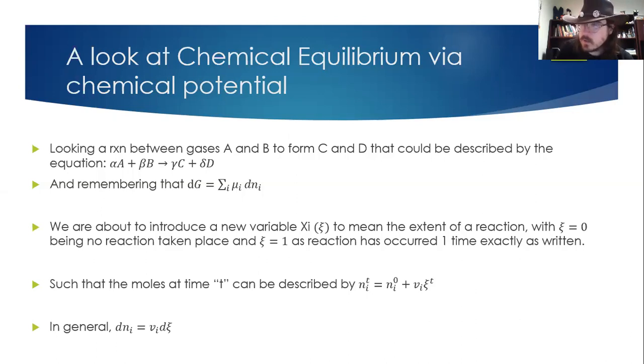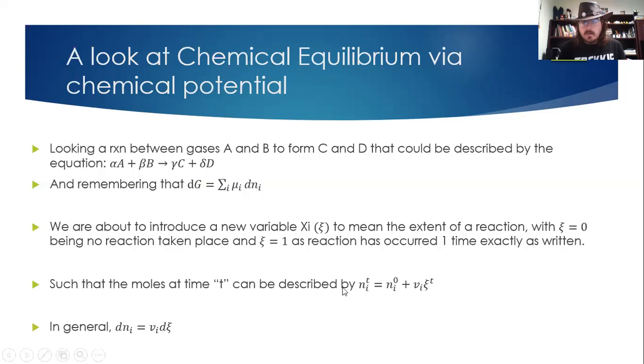If the reaction is 1 mole of this goes to 1 mole of that, then when 1 mole has been consumed, xi would equal 1. If half a mole was consumed, then xi would be 1/2. If 3 moles have been consumed, xi would be 3. So we can essentially say that the moles of a reactant at time t will be